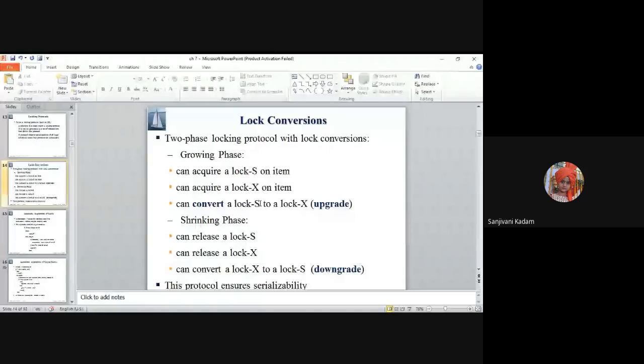Wherever we perform a downgrade, other transactions are allowed to read the data item, and hence greater serializability can be achieved. This ensures that serializability can be there. So, is it clear with lock conversion, upgrade and downgrade?